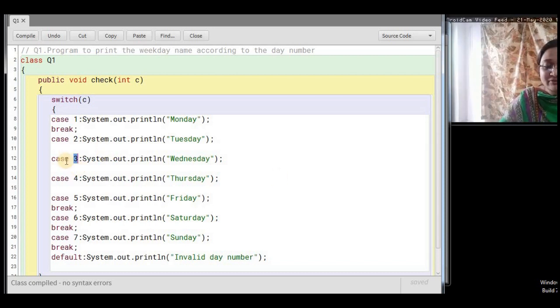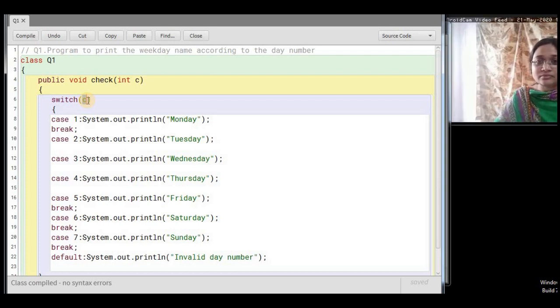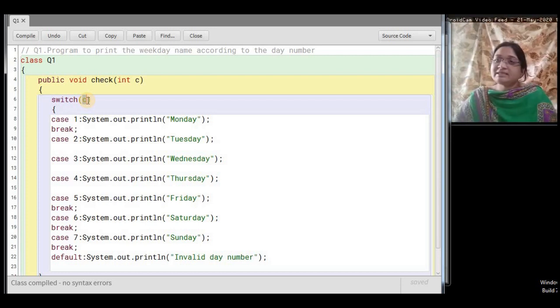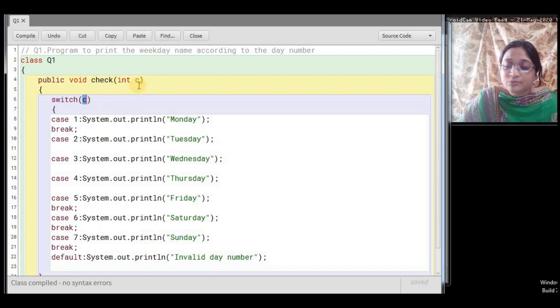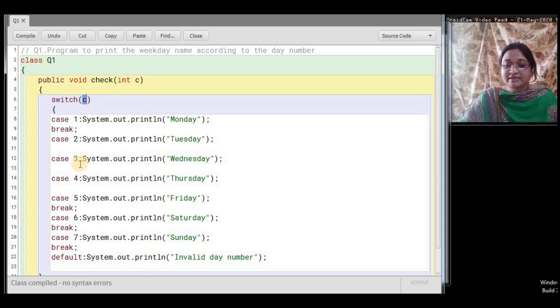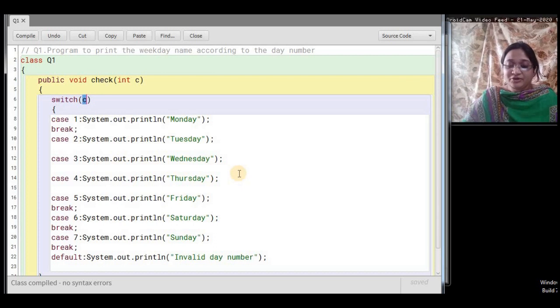So it will start executing from this case. Whichever value gets evaluated in the switch, that corresponding case will be executed. So when we give the input as 3, switch is getting 3, it will directly jump to case 3, and it will print Wednesday.